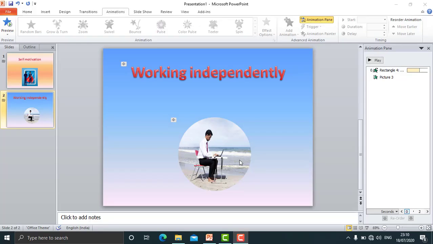So now we have a presentation. In the presentation we have two slides. And suppose you do not like a slide, you want to delete the slide. I have only two slides. Suppose I want to delete this first slide. I'll click on the first slide from this pane and simply delete key from the keyboard. So as you press delete key from the keyboard, the slide will be removed from the presentation.